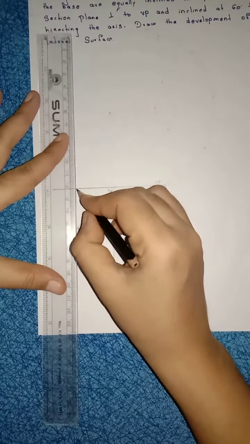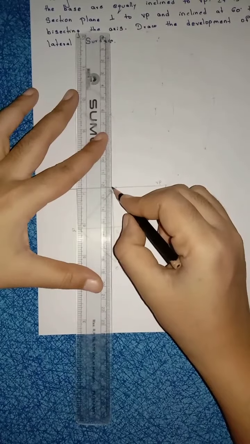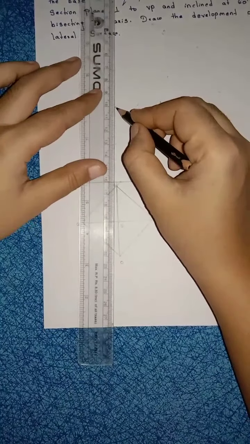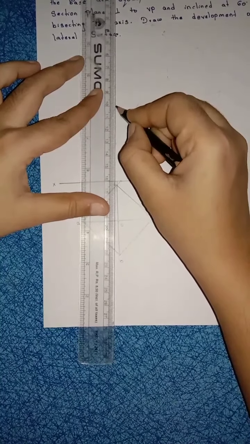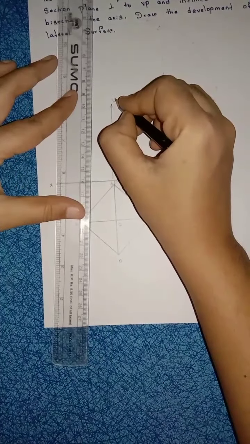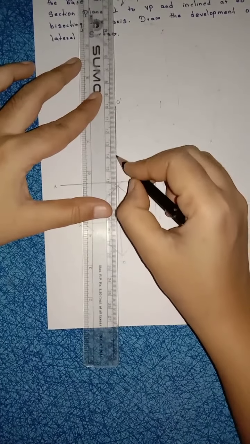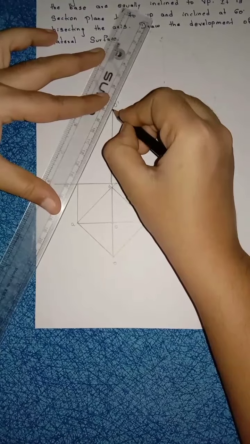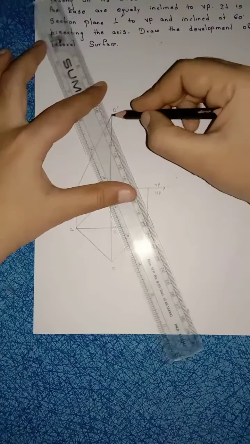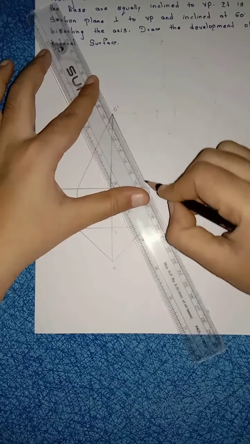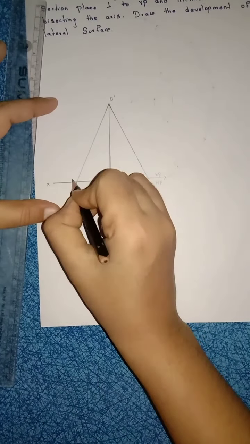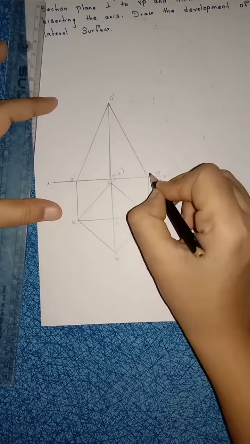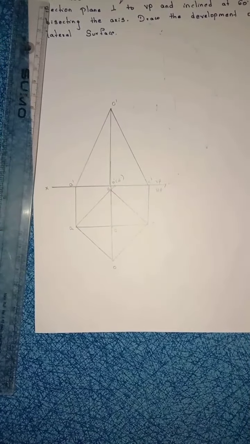Now project all these corners till the reference line. Now axis height is here 60 mm. Take axis height 60 mm. Name that point as O dash. Right, now from O dash join to this corner. Right, so this point is A, name it as A dash. This is B, D, B dash, D dash. This is C, C dash. This is your basic problem.